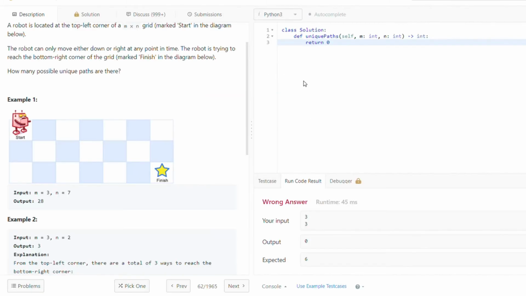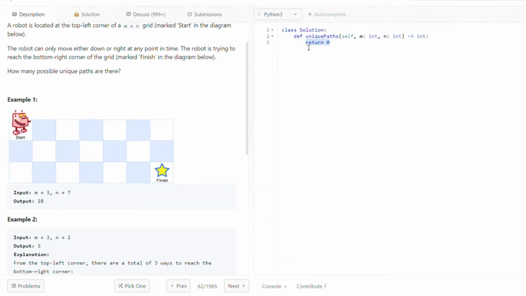Okay, now let's talk about the different approaches that one can take. So, firstly, you can do it using backtracking. You can consider all the cells as a source point.